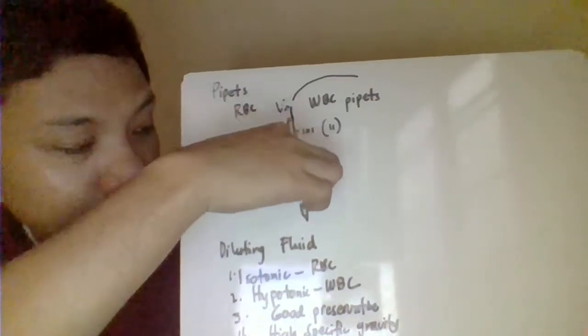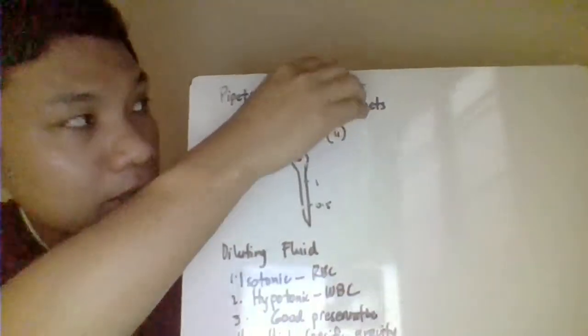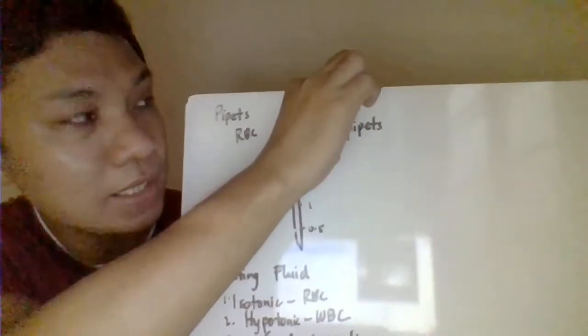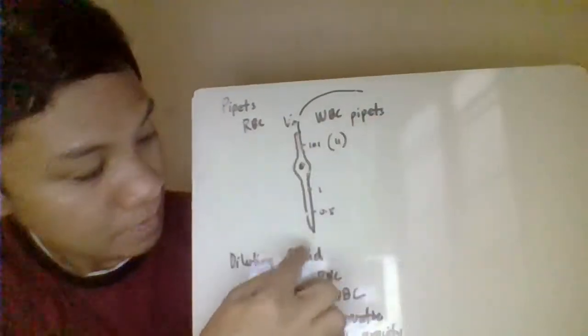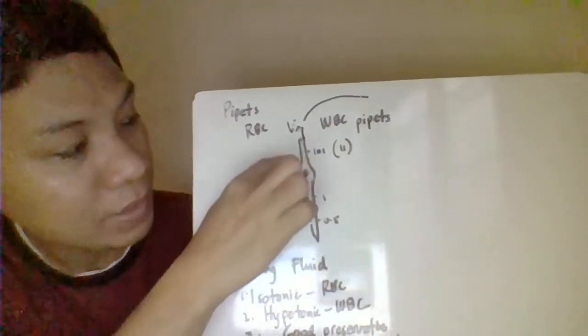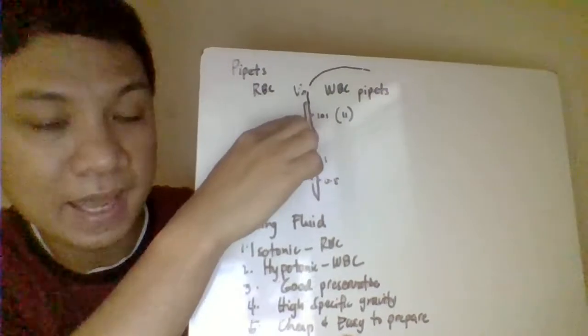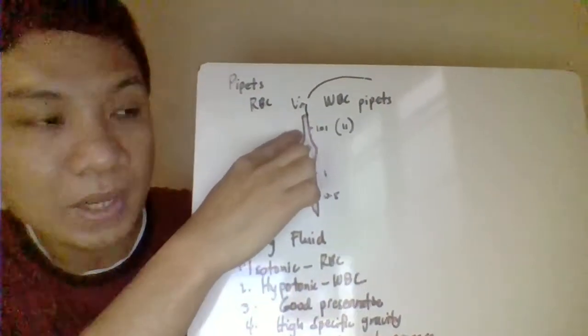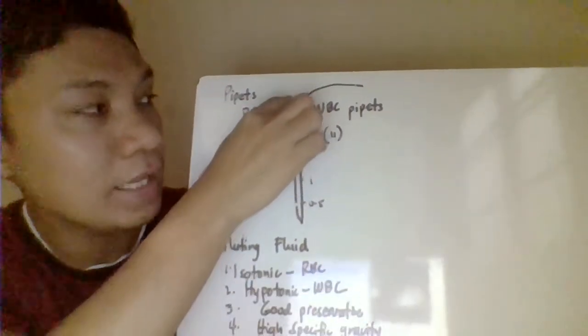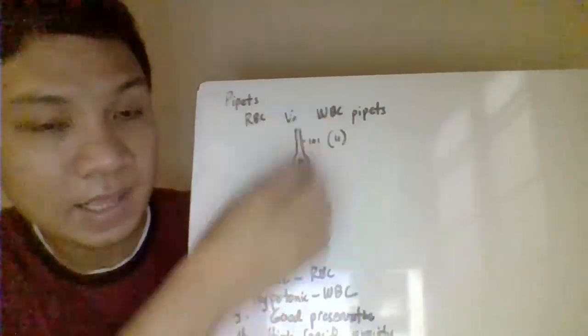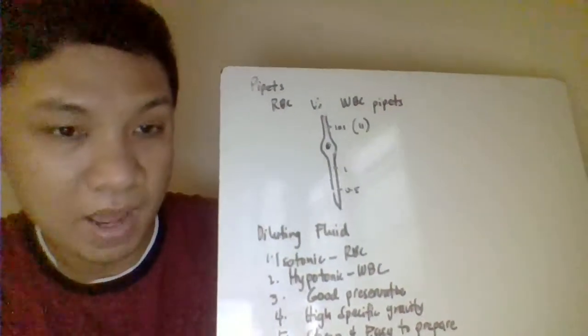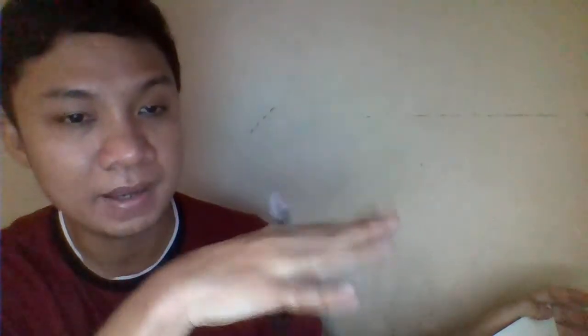So, ilublob mo siya doon, then try to, so dapat may plunger ka din dito, ihilain mo to until your diluting fluid here pupunta sa 101 mark natin. So, pag dito na siya sa 101 mark, tatanggalin mo na ang ating tubing, okay, and then try to mix your blood. The proper mixing the blood, you can use here your pipette shaker. Ilagay mo sa pipette shaker, siya lang